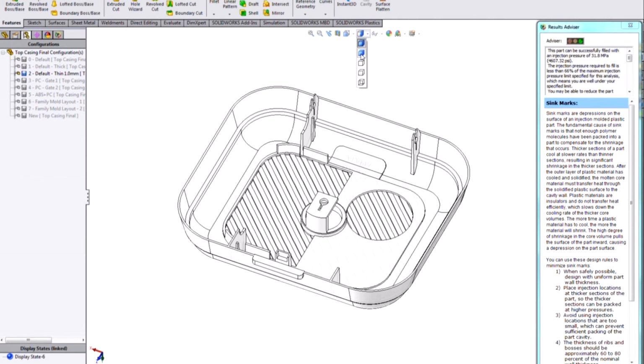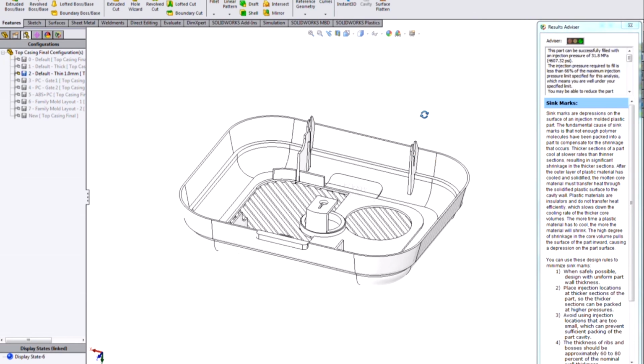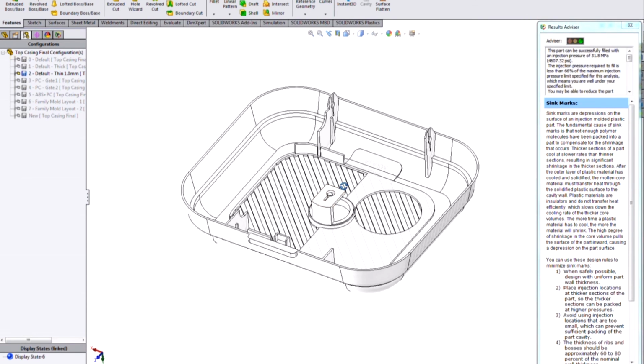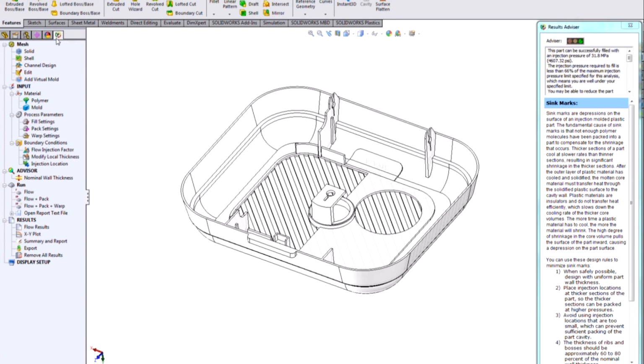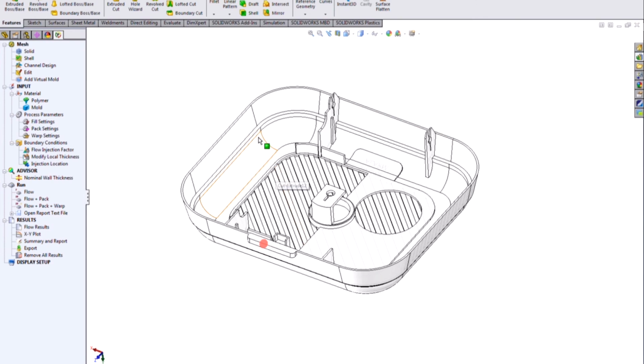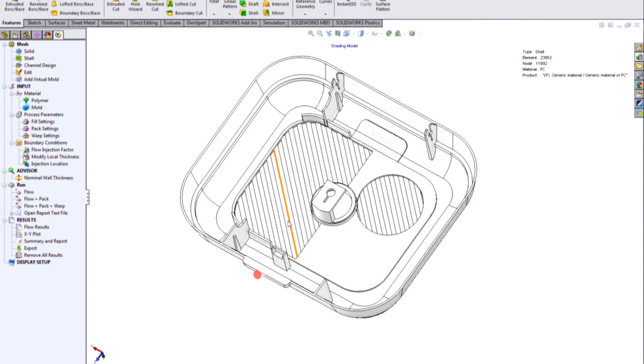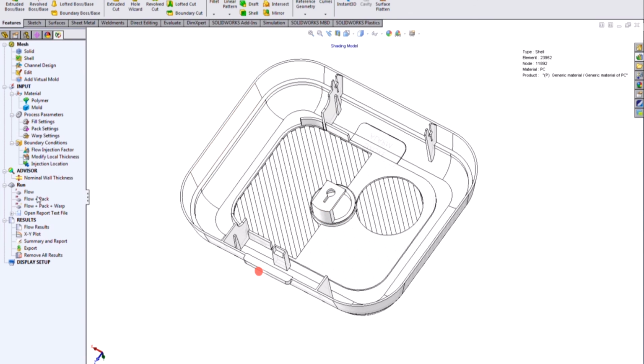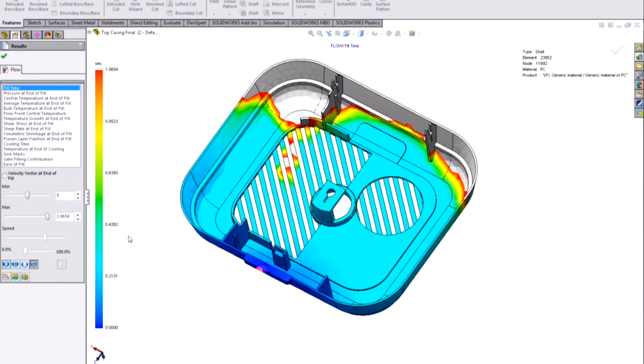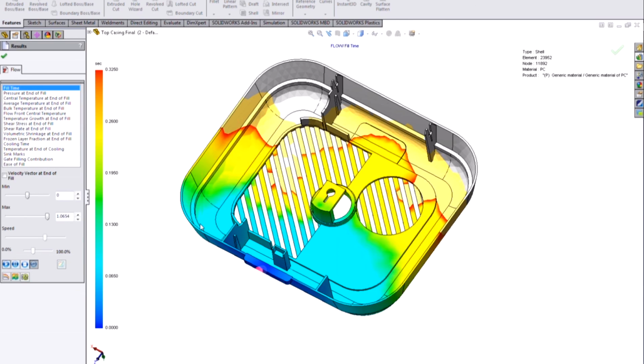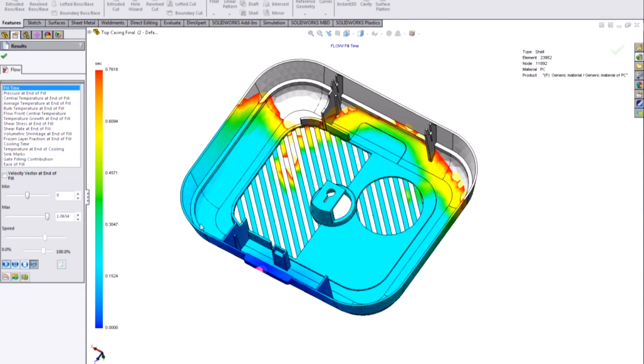We can also use SOLIDWORKS tools like configurations, and I have some variations on this model that try out some different options. They're just sorted as configurations. I can duplicate plastic studies for each configuration to keep them all independent. I have one here where I try and solve the weld line issue and the cooling issue by thinning out the outer section. I've already run it, so I'll just load those results. When I animate these results, I still see